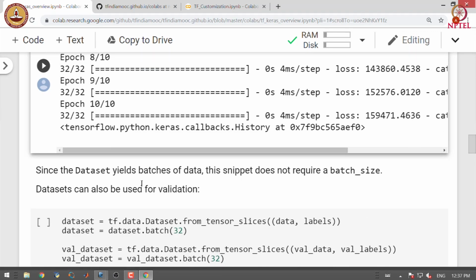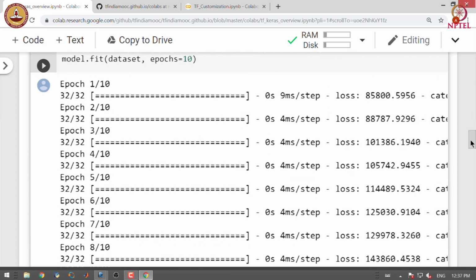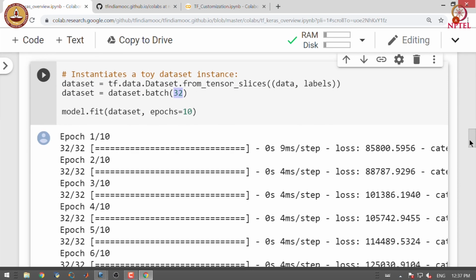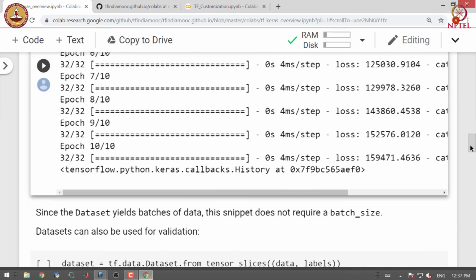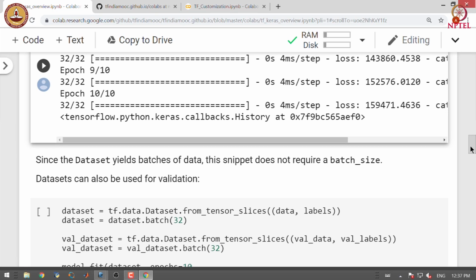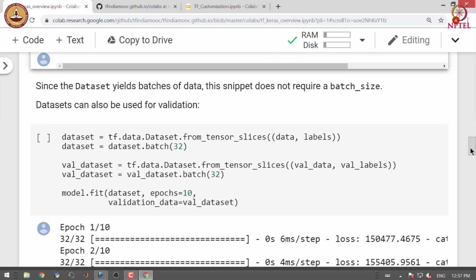Since the dataset yields batches of data, we did not specify batch size along with other arguments in the fit function.